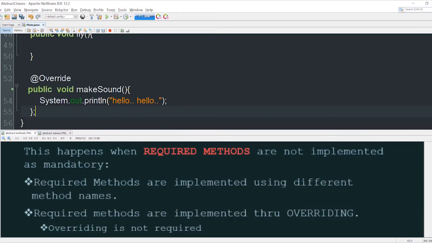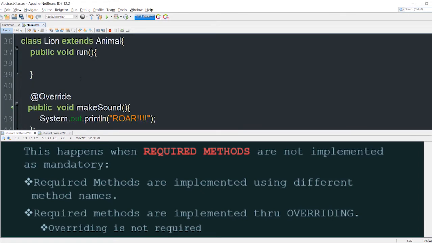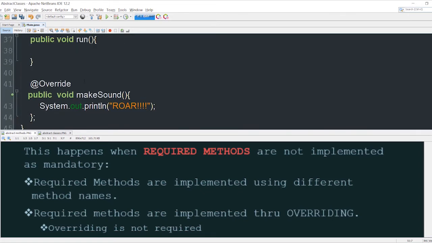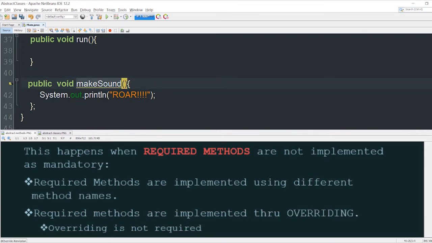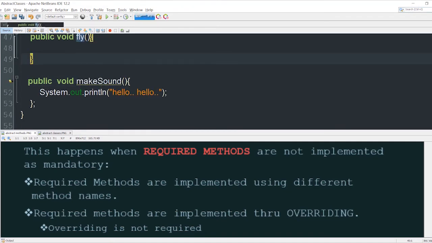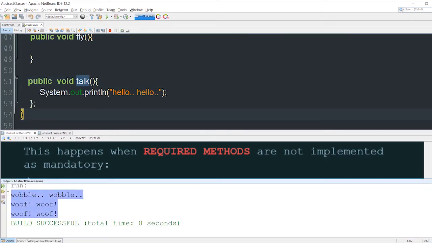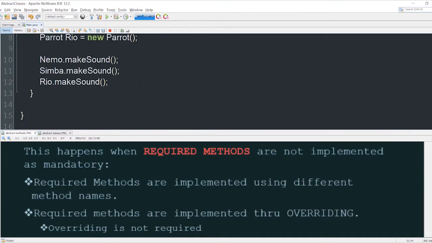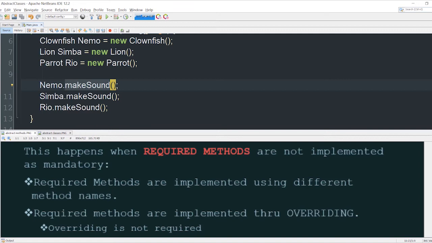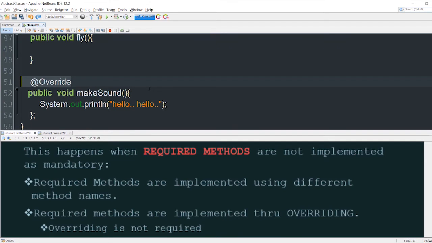Another issue that we may encounter will be each class will implement the same action using different names. Like for example, the lion is not using the make sound name, but it's using the growl method. The parrot is using the talk method. We implemented the required methods using different method names. This is acceptable to the compiler, but the logic will break. Because in our main class, we're calling the make sound method, but our classes are implementing it using different method names. If we bring this back to overriding,